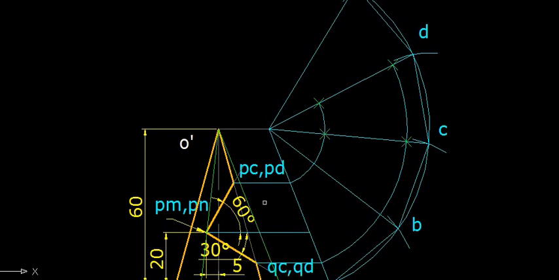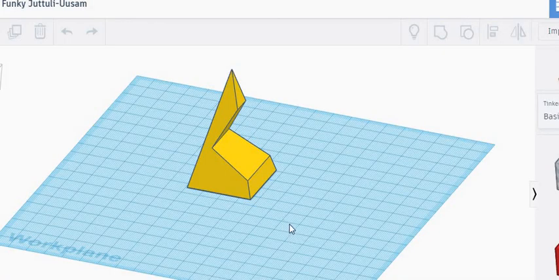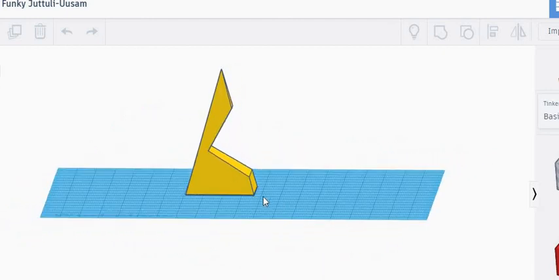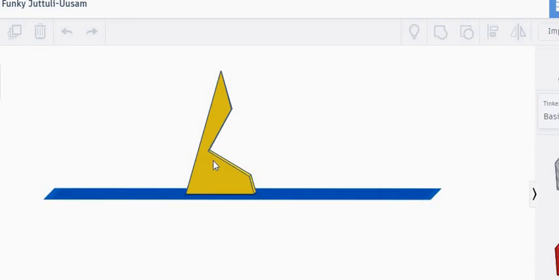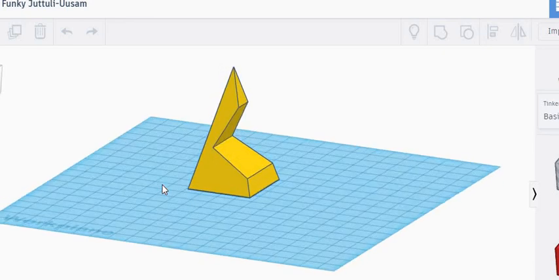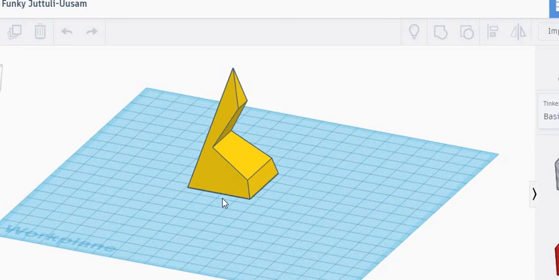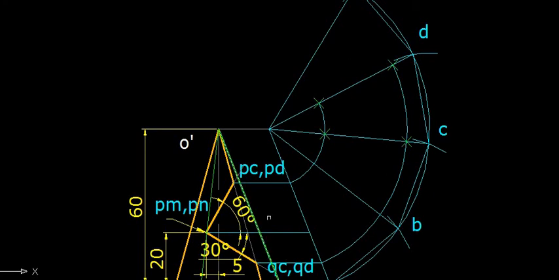After marking these 4 points, 2 more are remaining. These are the PM and PN points. These points in the 3D diagram can be visualized like this. Here you can see that though this looks like 1 point, there are 2 points. One will be on the front side, on the line O to M. O to M is one line on the front side. O to N is another line on the rear side.